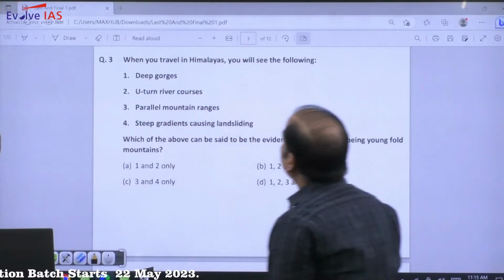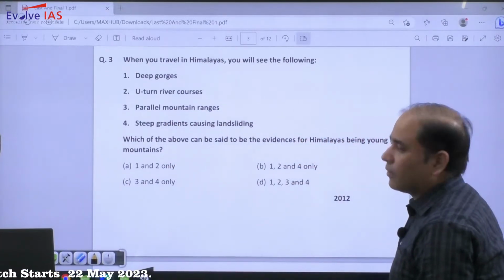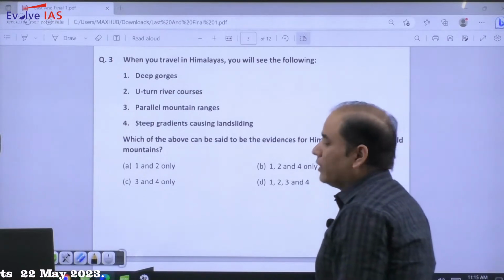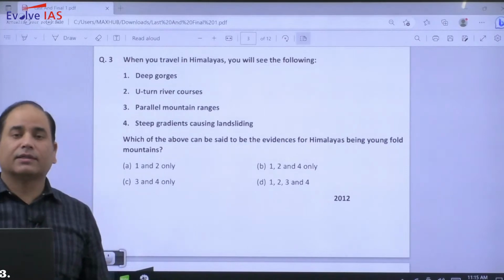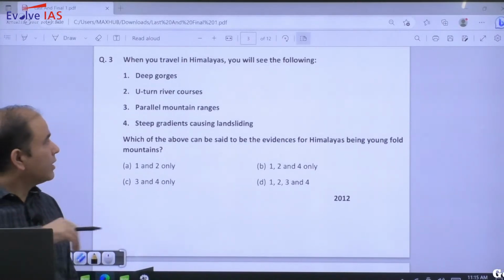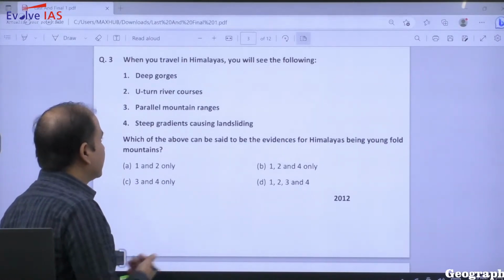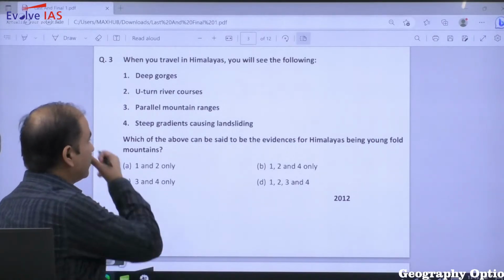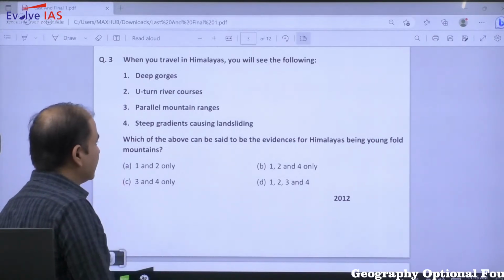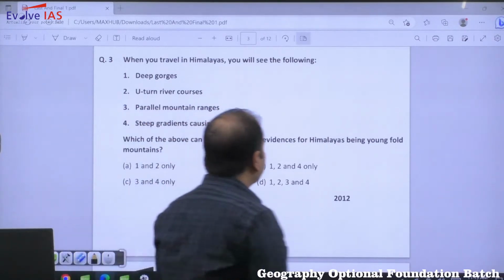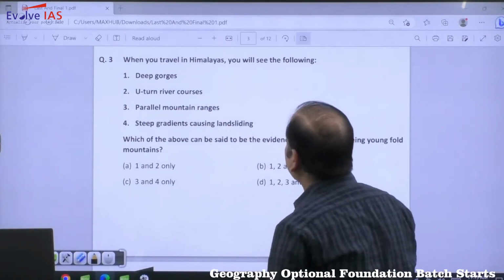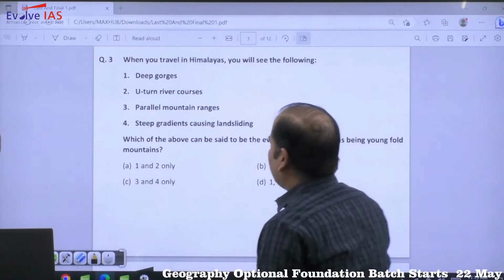When you travel in Himalaya, you will see the following. So whenever you travel in Himalaya, obviously you will see all these things. That is the feature. What are the features that you are going to see? Deep gorges, U-turn river courses, parallel mountain ranges, steep gradients causing landslide. Which of the above can be said to be the evidences for Himalayas being young fold mountain? Before that,